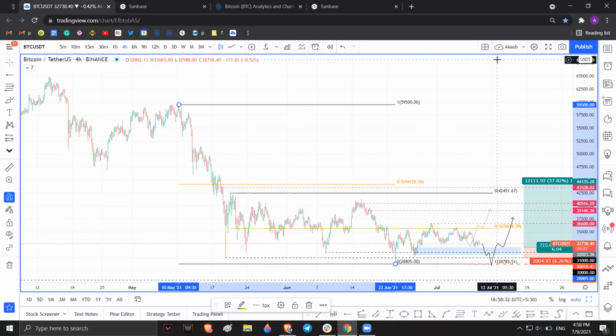Yep, I think that's the overall take on Bitcoin. More pain in this $10,000 range. It's going to continue for a little while until we finally get a breakout or a breakdown, but more consolidation will come. But anyway,